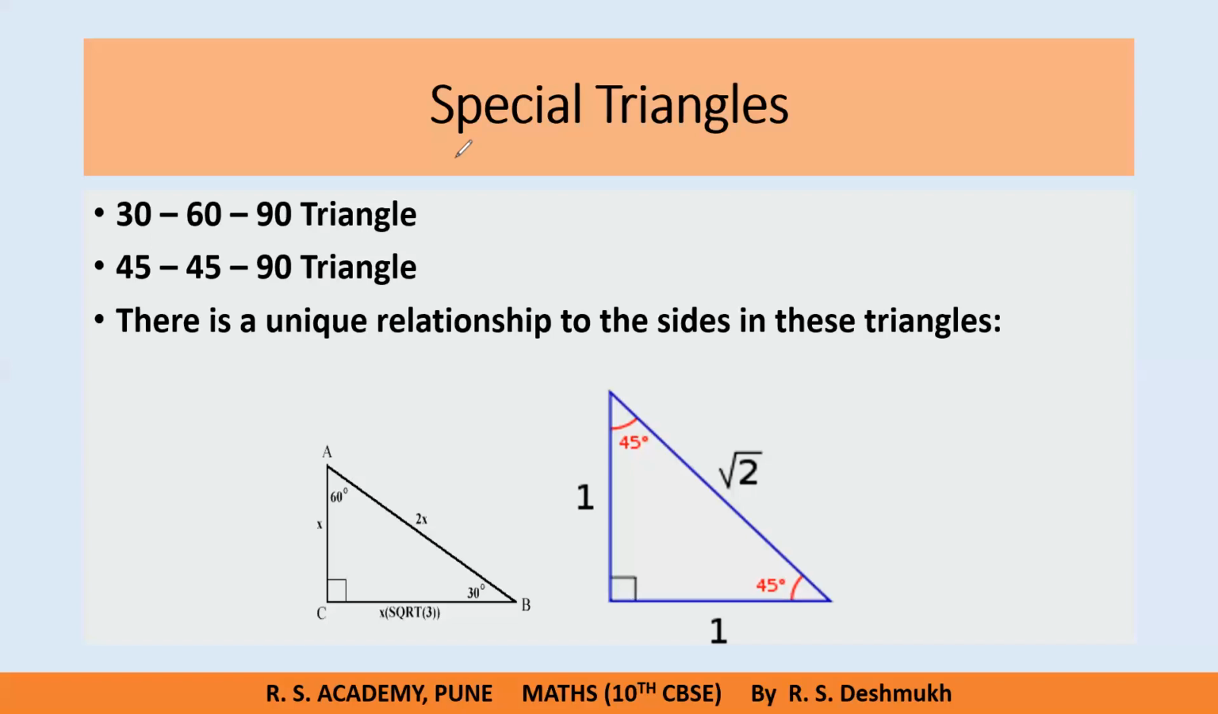If you are observing, this is 30 degree, this is 60 degree, and the third angle is 90 degree. Always keep in mind, if the side in front of the 30 degree angle is x, then the hypotenuse is twice the